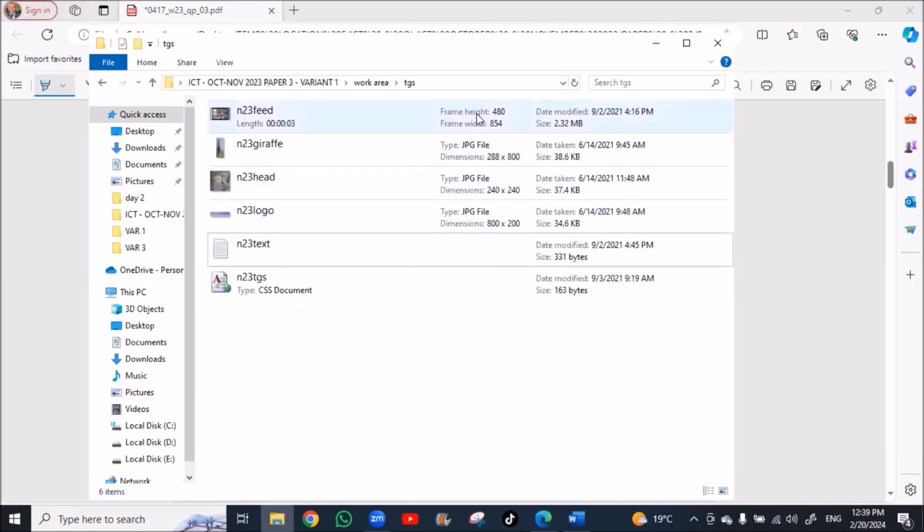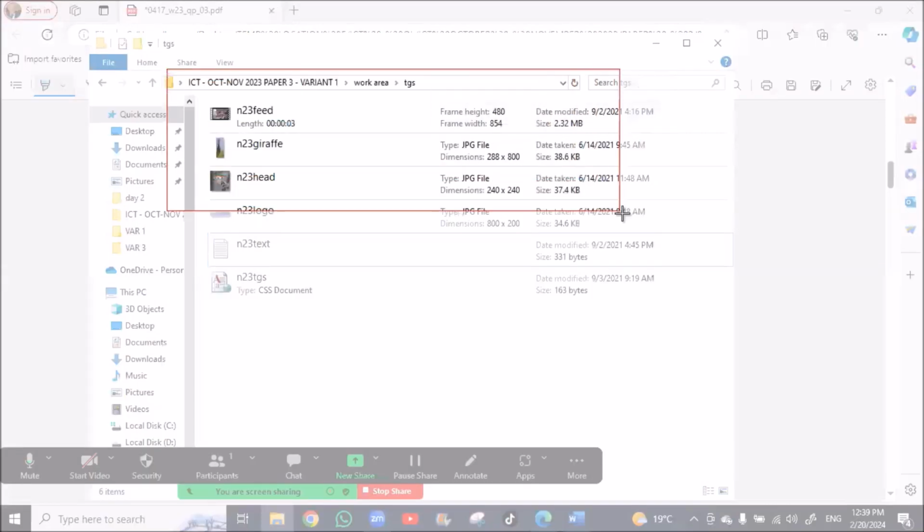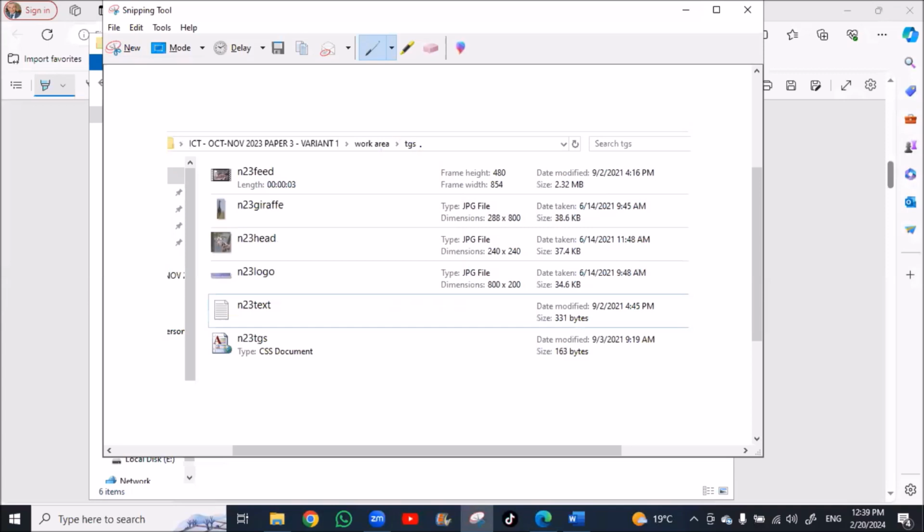This content has the dimensions of pictures, the file size, the extension, and the folder name. So we'll go to our snipping tool and take a screenshot of this folder. Be sure that the folder name and the file names, dimensions, extension, and file size appear here.